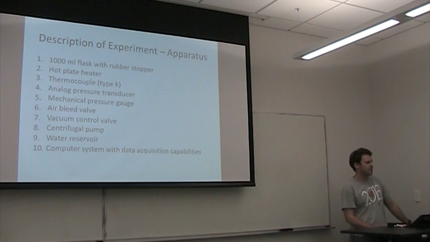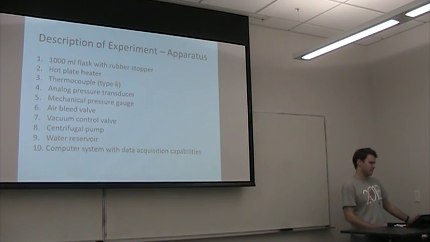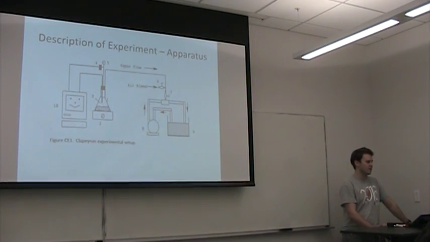A description of the experiment, we'll start with the apparatus. We have 10 basic components, more notably a big 1,000 milliliter flask, a hot plate, thermocouple, pressure transducers and gauges, as well as valves, water reservoir, pump, and a data acquisition system. Here's a depiction of the apparatus. Just your basic components. You have the data acquisition, the hot plate and flask, and then the pump, reservoir, and